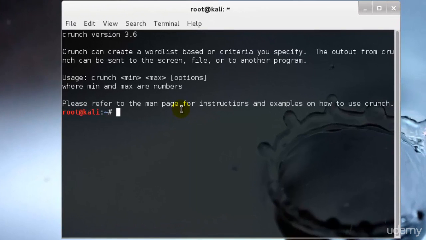The minimum is the minimum password length, maximum is the maximum password length, and character set is the character set to be used in generating the passwords. -t is the pattern, that is the specified pattern of the generated passwords. So let's say, for example, you knew that your target's birthday was 0728, that's July 28, and you suspected that they used their birthday in their password, which people often do. So you could generate a password list that ended with 0728 by giving Crunch a pattern such as, for example,